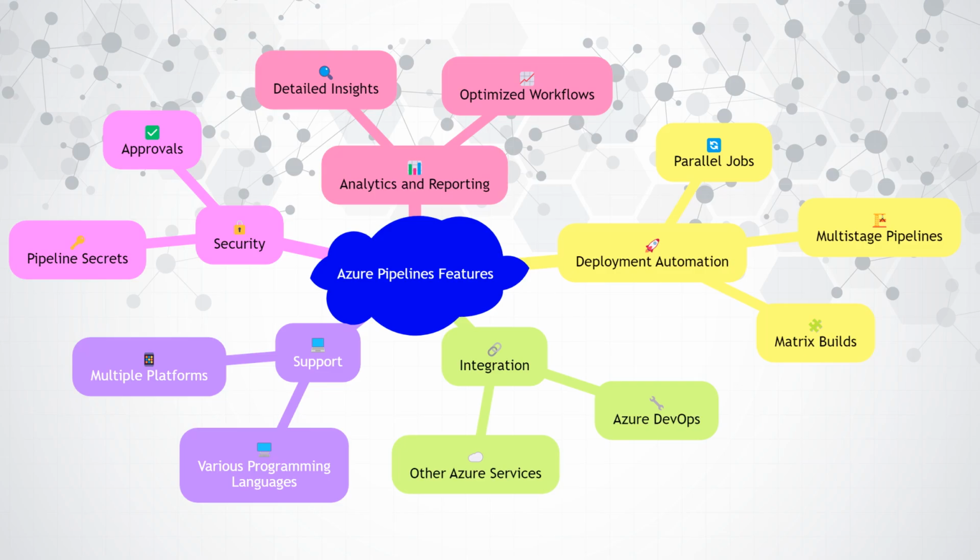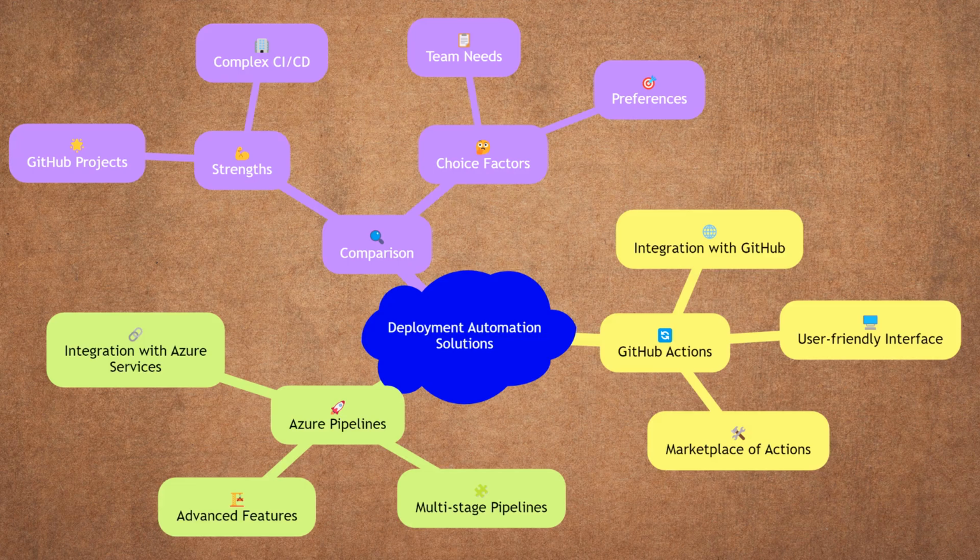for better performance. When selecting a deployment automation solution, it's important to compare the features and capabilities of GitHub Actions and Azure Pipelines. GitHub Actions is tightly integrated with GitHub, making it an excellent choice for projects hosted on GitHub. It offers a user-friendly interface and a vast marketplace of actions. On the other hand, Azure Pipelines provides more advanced features for complex CI/CD scenarios, such as multi-stage pipelines and integration with other Azure services. Both tools have their strengths, and the choice depends on the specific needs and preferences of